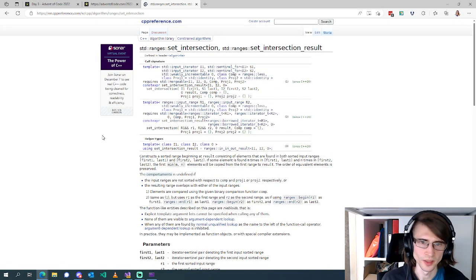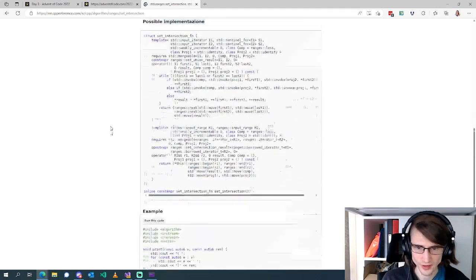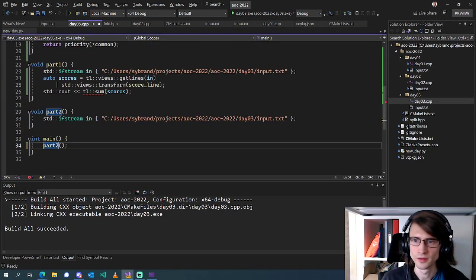Or you mean just doing one set intersection and then set intersection on the second, between the result and the third? Anyway, we can do a